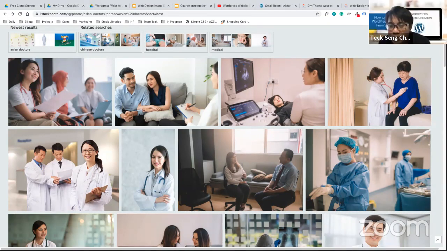So I have a message from Julie. She said, if I may chip in, I quote, stock photos do not affect Google ranking, but if it's your own service, using your own photos to showcase your products will be more convincing to your user. Yeah, correct. That's what I mentioned. It will not affect ranking.